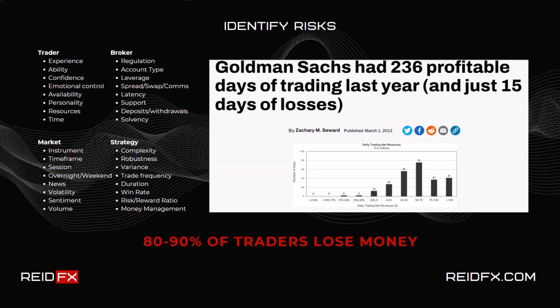Now ask yourself, was this an accident? I think it's highly unlikely that Goldman or anyone could make money for 236 days in a year and only have 15 days of losses. This stuff is not an accident, okay? It's a result of careful planning and risk management. Do you think that Goldman have not got a plan as thick as a phone book to address every single one of these issues, and probably 1,000 issues on top of that?